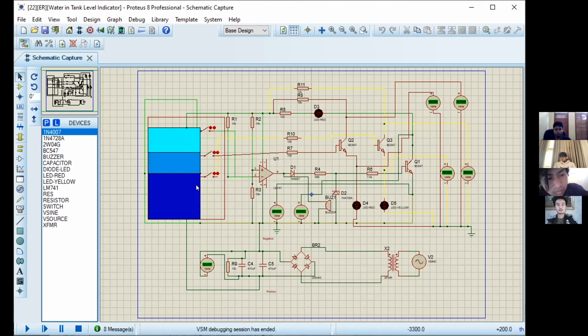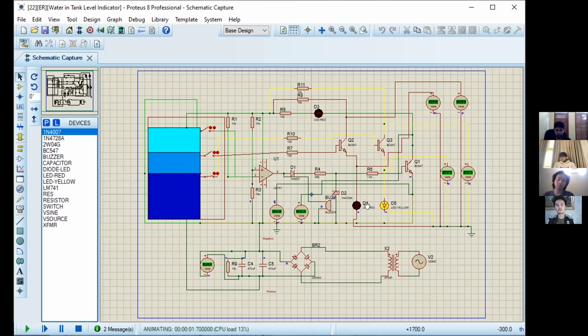Now assume the water level is rising and nearing the half of the tank. As you can see here, the switch is open. We put the two switches in the upper half of the tank. The allocation of the switches is up to the user, who can put them in various places, but in our experiment, we allocate the switches in the upper half of the tank. So here, the water is already in the upper half of the tank, and so we run the circuit.